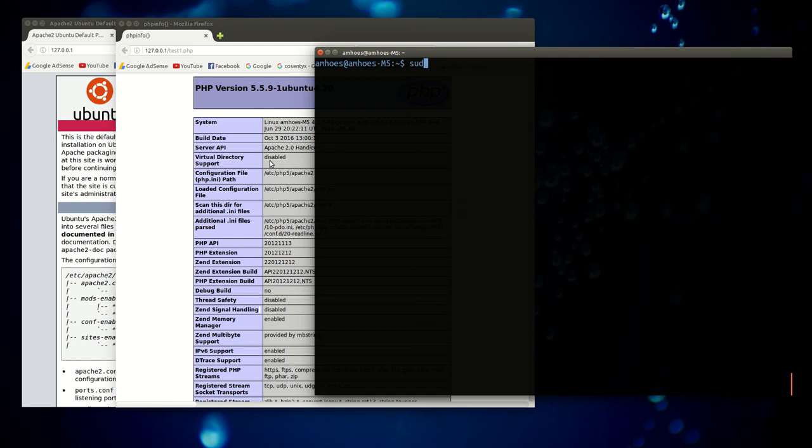Now is the time to install the PhpMyAdmin. Sudo apt-get install. Here we have to install 3 packages. First we start with phpmyadmin, and second we need a SQL database, php5-mysql for PHP 5, and at the end we need a module we call libapache2-mod